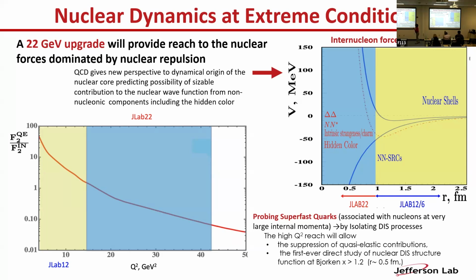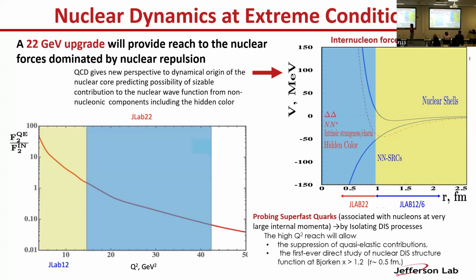In deep inelastic scattering, I have to probe this super fast quark. How can I do this? It's very difficult to probe this super fast quark, because there is always a competition between two effects, deep inelastic and quasi-elastic. But if I go to 22 GeV, you see the ratio of the quasi-elastic events to the events for the inclusive deep inelastic